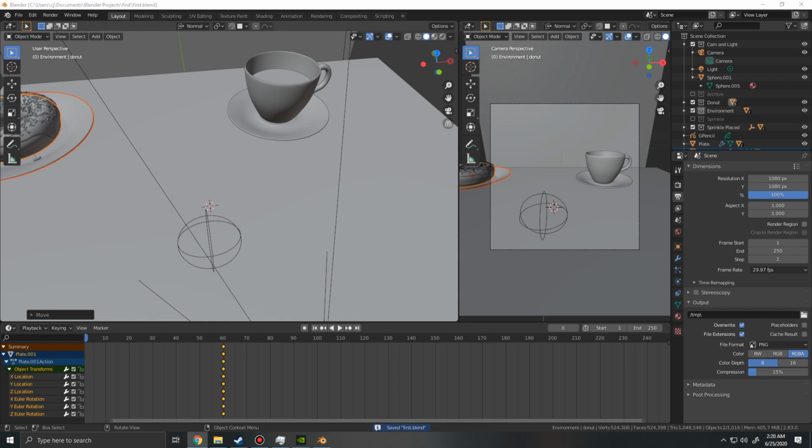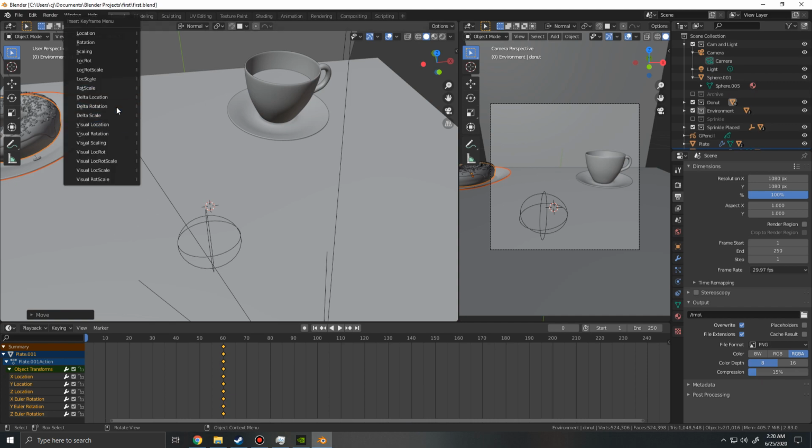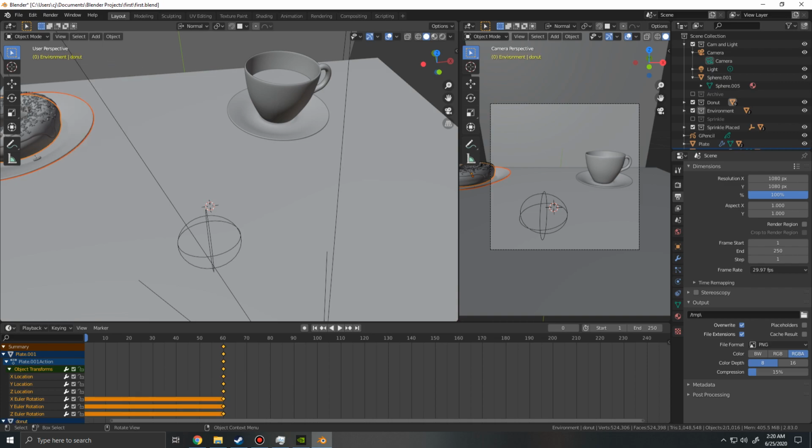So move it a little bit further out of frame, and then I'm going to hit I, location, rotation. Now if I hit spacebar, and I'll probably need to go into solid view mode to see it, you'll get this. Ta-da! And yeah, I just noticed we didn't do any rotation. So I want it to rotate